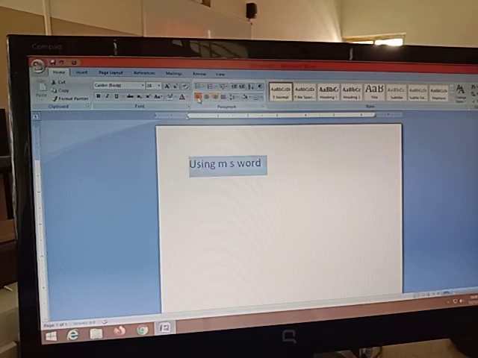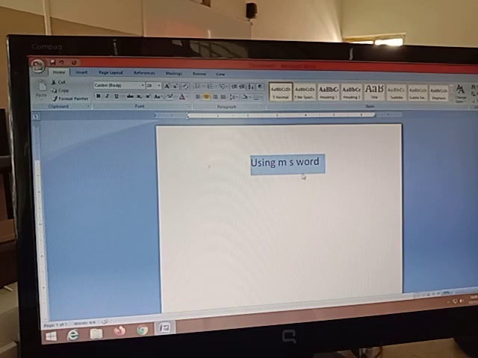If I click on the left, the text will come to the left. If I want proper spacing by default, I have to click on justify. So there are four alignments, children: center, left, right and justify. I will select the center one.